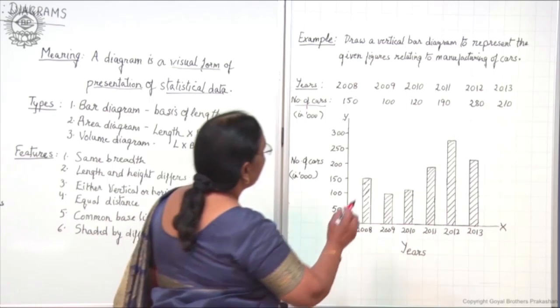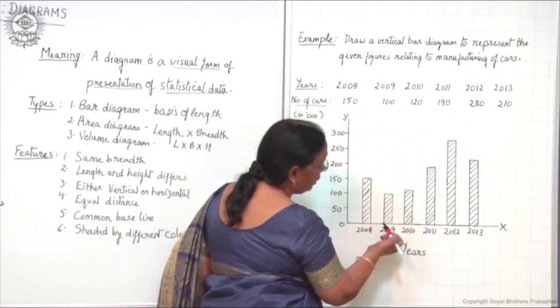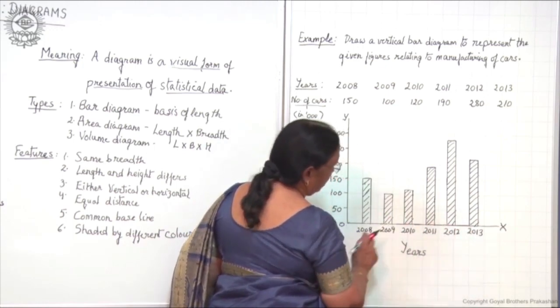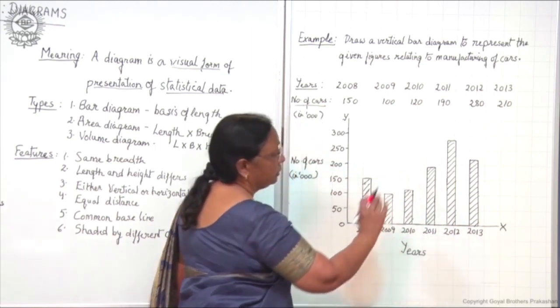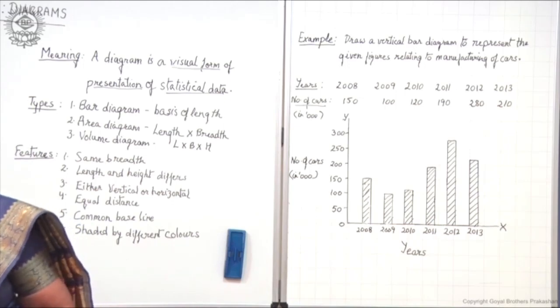Here again 2008 is the first one and the last is 2013. So accordingly we divide it into equal parts here, right. 2008 and 2013, till here we will divide the axis. Now after this,